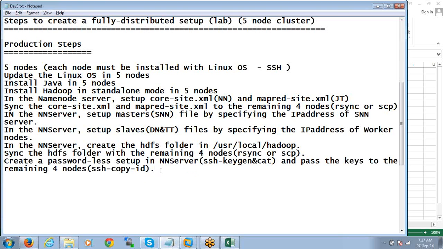Okay. So once we create the passwordless setup and pass the keys to the remaining 4 nodes, the next step that you need to perform is you need to format the name node. And this formatting is to be done only on name node server. The formatting which you do in the name node server will be reflected